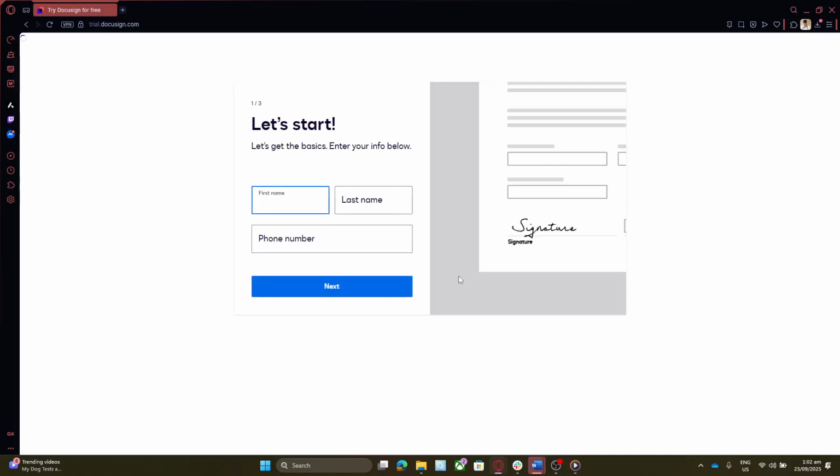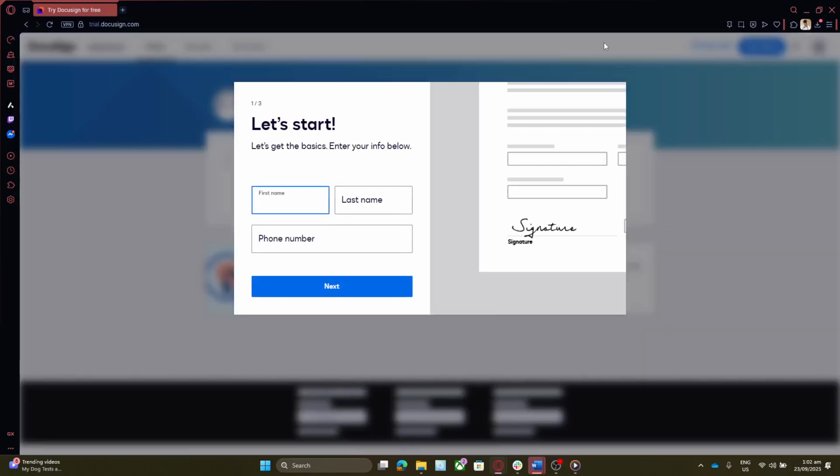Once you've verified your email, you'll be redirected back to DocuSign to add some additional information. This typically includes basic personal details such as your name and perhaps a password for security purposes. Make sure to choose a strong password that you can remember but others cannot easily guess. Once you've filled in all the necessary fields, follow the on-screen guidance to proceed. After you have entered all your information and successfully submitted it, you'll be ready to start